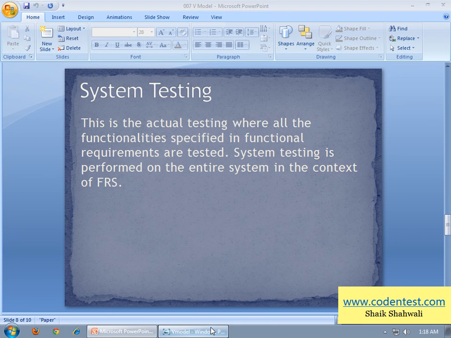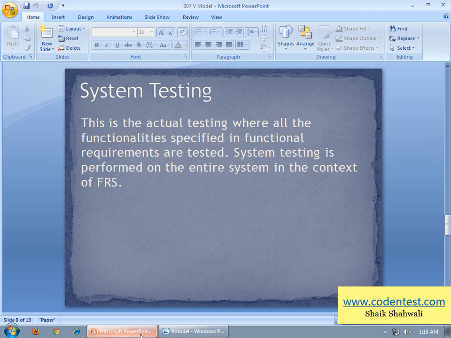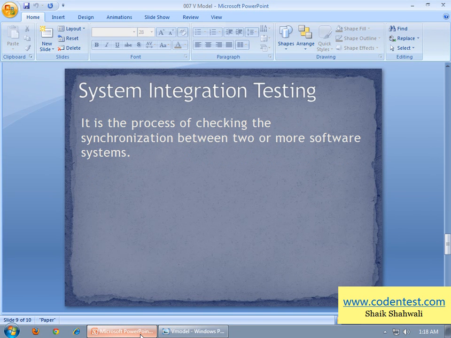After system testing we have system integration testing. System integration testing is the process of checking the synchronization between two or more software systems. I'll give you a general example.